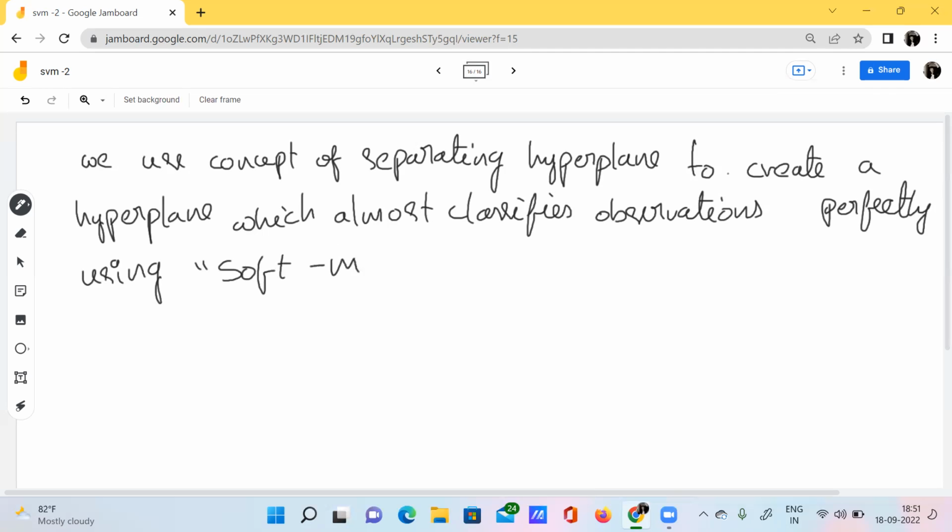Okay, remember this word, soft margin. It is very, very useful from the interview point of view also. So just remember this particular word, soft margin.